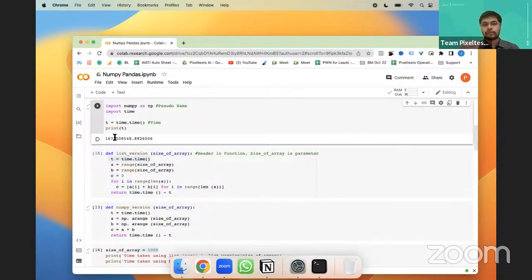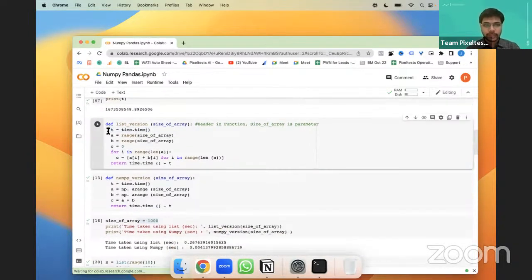So now it increased, right? Whenever you keep running, the time gets updated. So we are saving the time before the program ran, and after the program has run, what we are doing is taking whatever the time is at that point minus the initial time.